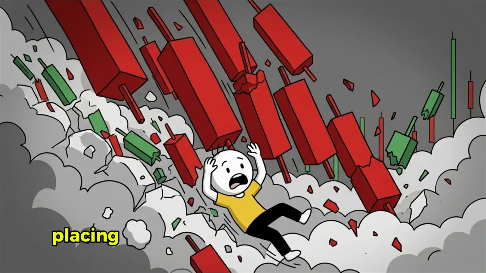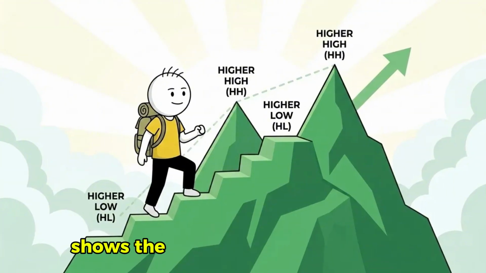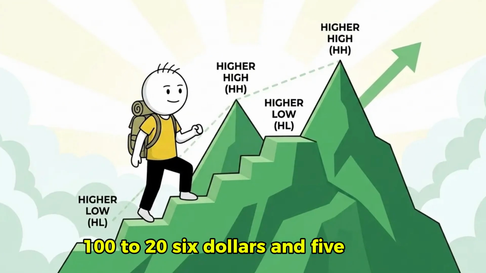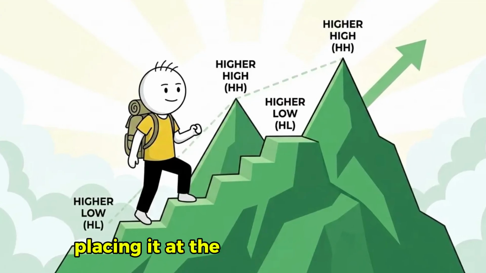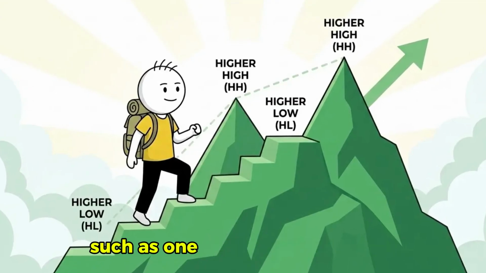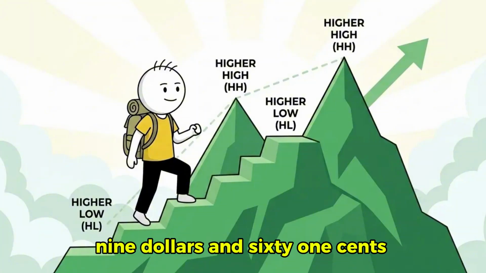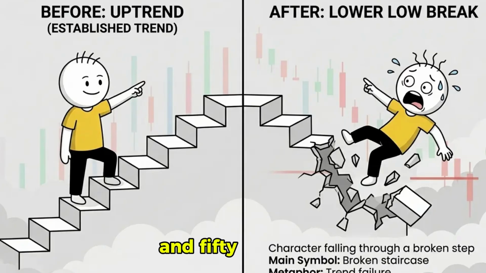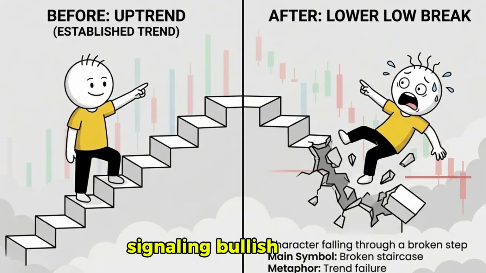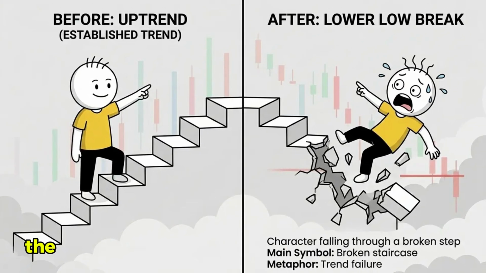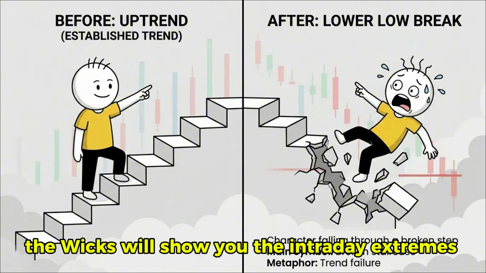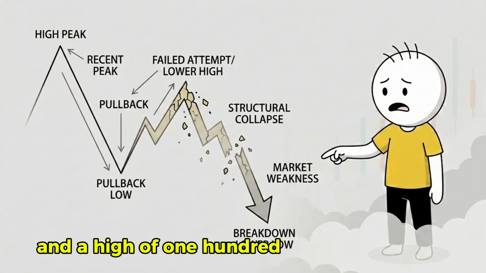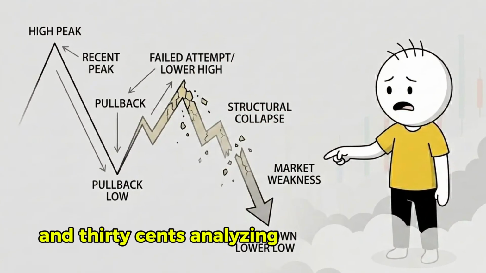For a green candle, placing your mouse at the bottom of the rectangle shows the opening price, for instance, $126.05. Placing it at the top shows the close, such as $129.61. This indicates the stock appreciated by $3.56, signaling bullish interest. The wicks will show you the intraday extremes, like a low of $124.90 and a high of $130.30,